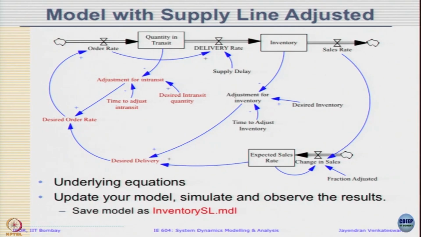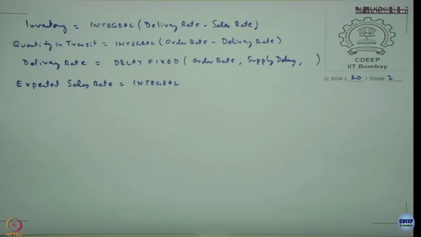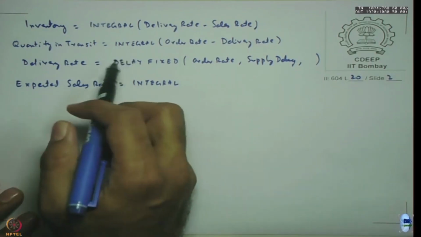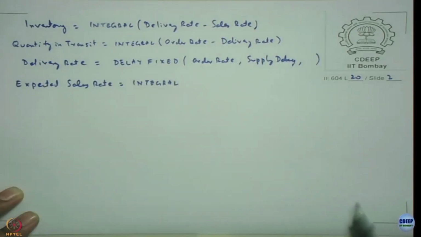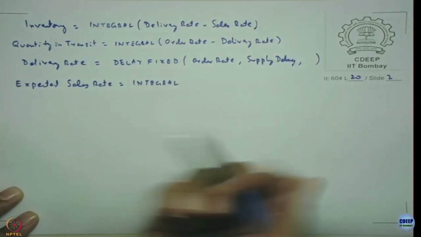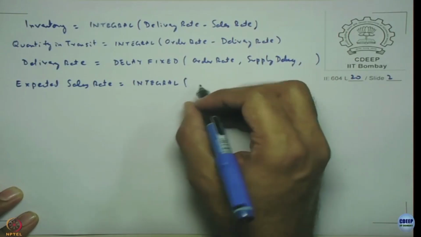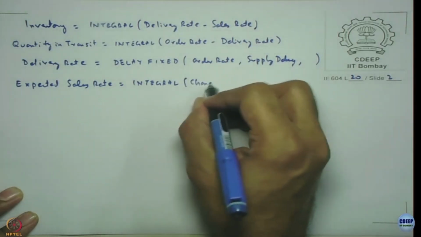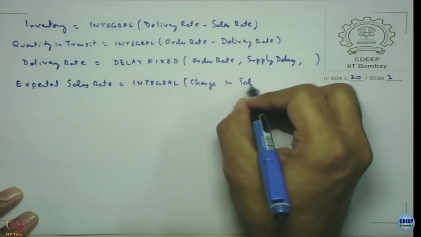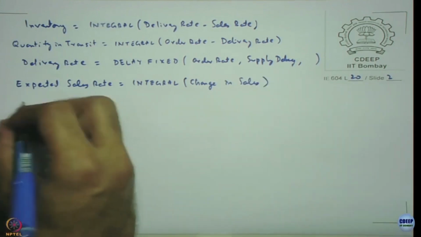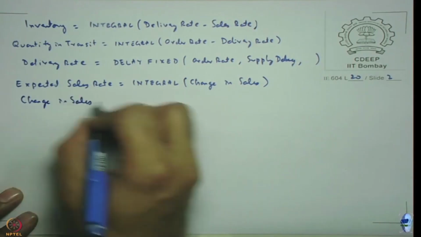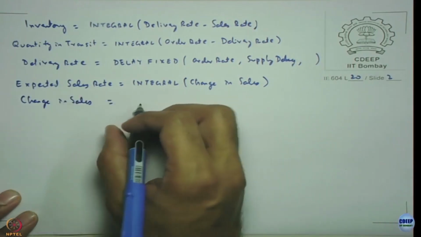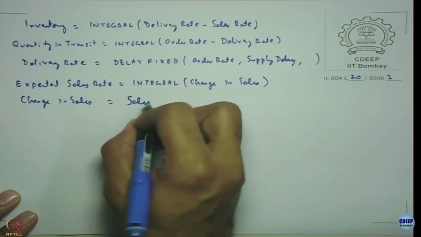Then let us look at the underlying equations. I am just starting with the equations for the stocks. So, the equations for inventory, quantity in transit, delivery rate is delay fixed. This was in the previous model, you do not need to update anything here. Sales rate is nothing but the integral of change in sales, and change in sales is nothing but sales rate